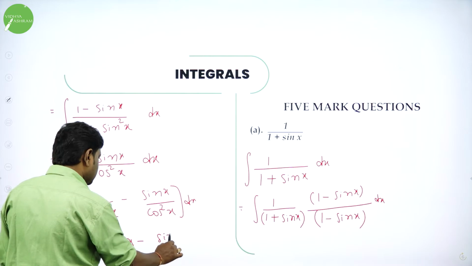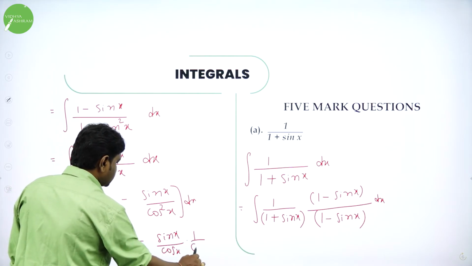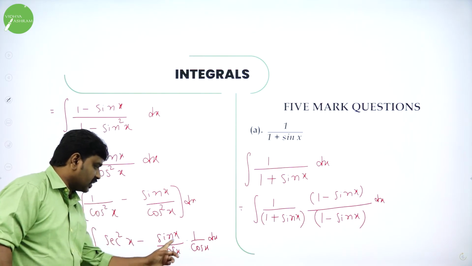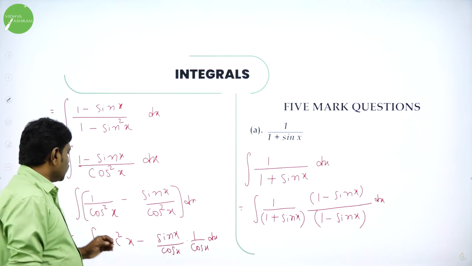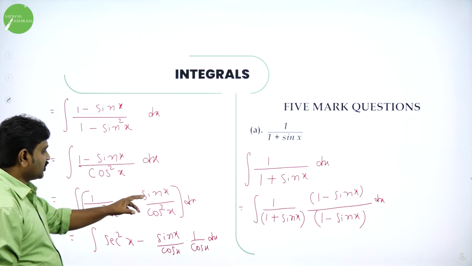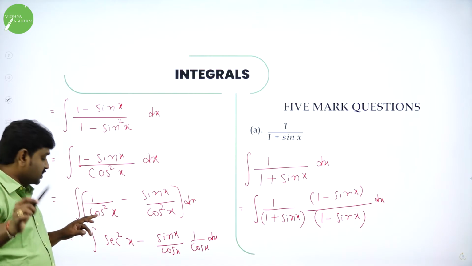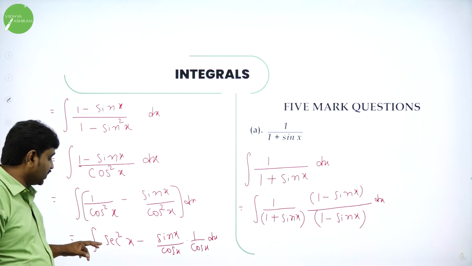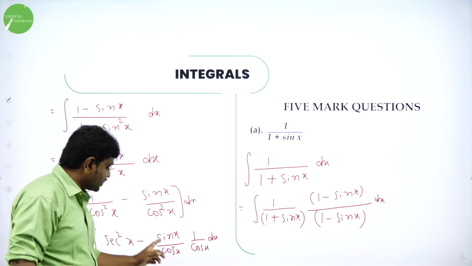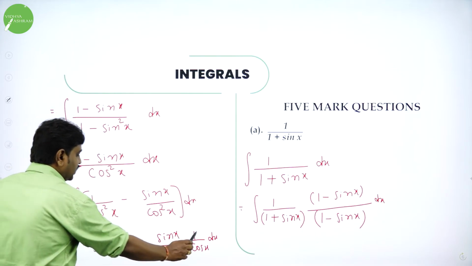So I will write it as sin x by cos x into 1 by cos x. Observe this carefully. So we have cos square x. Cos square x I wrote as cos x into cos x. Sin x I wrote as sin x into 1. I am splitting 1 by cos square, minus is there, put minus, sin x by cos square. If you take LCM, you will get this. So now 1 by cos square, reciprocal of cos is secant. You studied this in first PUC trigonometry. So instead of 1 by cos square, write secant square. And cos square in the denominator, write it as cos x into cos x. Now still you don't integrate this, put a bracket, later we'll integrate.